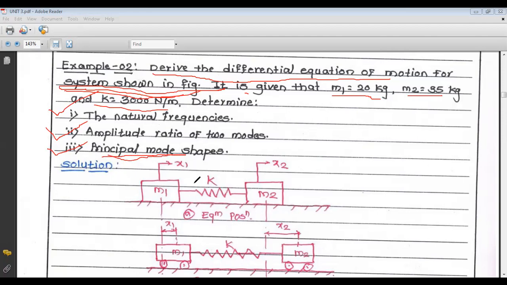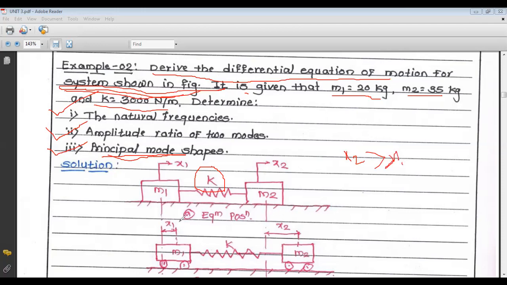So this is the given diagram, that is M1 is given, then there is a spring, and this is M2. Now M1 is moving with displacement x1 and M2 is moving with displacement x2. Again, there are some assumptions. That is, the mass will move along the direction of the spring axis only. Second, the spring is weightless, and third, x2 should be greater than x1. So these are the three assumptions which are common for all problems.